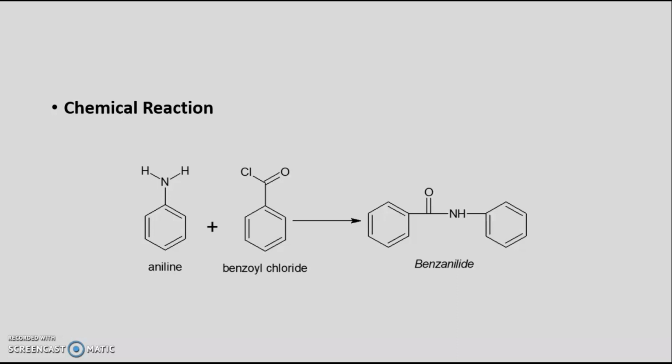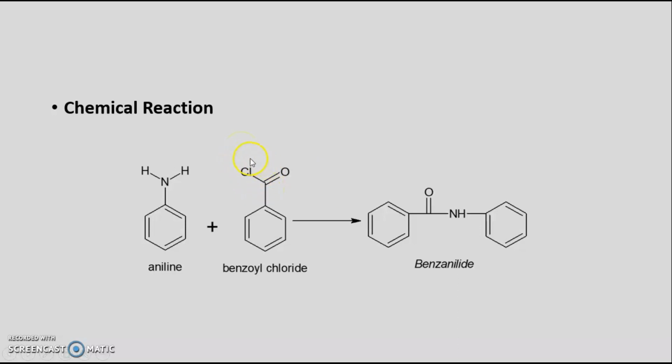Now in the synthesis of benzanilide, we are going to carry out the synthesis from aniline. So this is the chemical reaction that is involved in the synthesis of this benzanilide. Here we are going to carry out the reaction between aniline and benzoyl chloride. Now we are familiar with the meaning of benzoyl chloride. Benzoyl, as you can see in the spelling, has the presence of O. That's why there is a presence of COCl, and benzyl is nothing but CH2Cl.